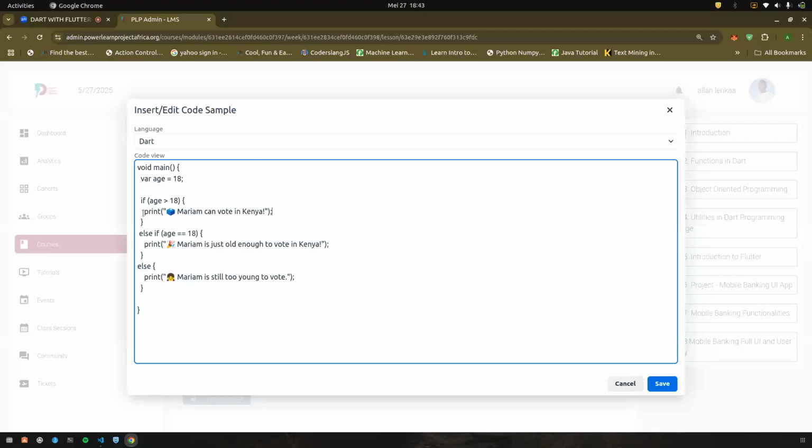Somebody chose this. Why did you choose this? Okay. What about this? What will be the answer? Mariam can vote in Kenya. Yeah, Mariam can vote in Kenya. So it's just you playing with the values and your conditions. It's just like saying if